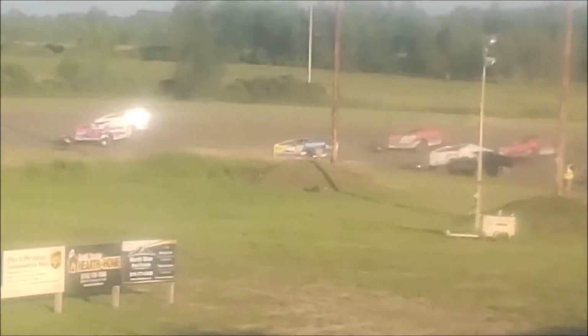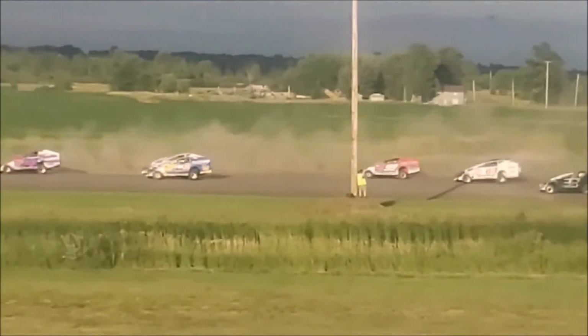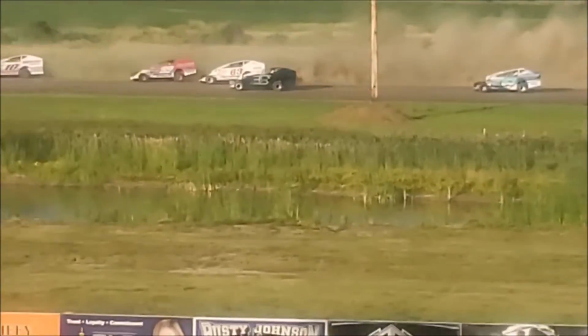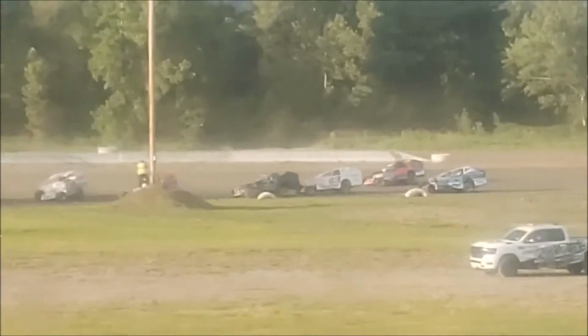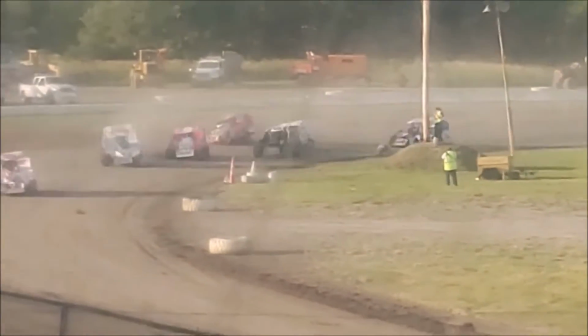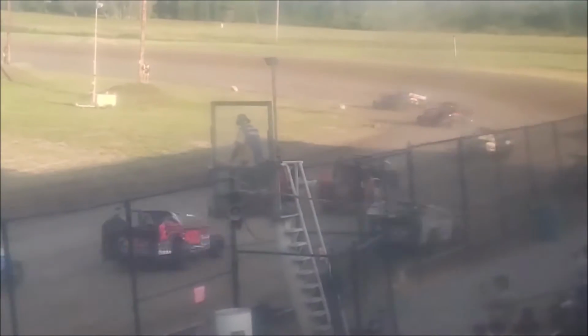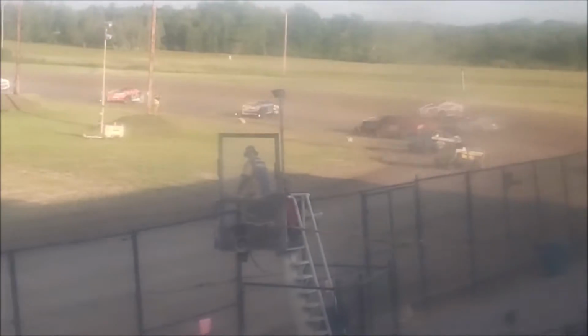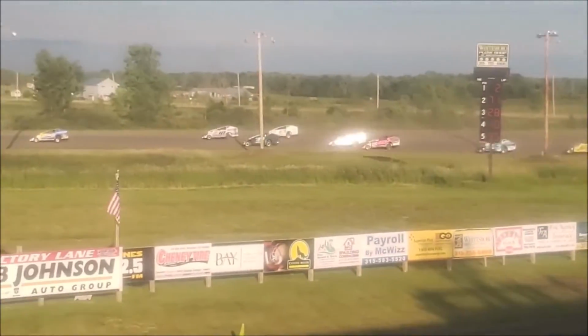Quickly through 1 and 2, Tiger Chapman, a great restart, jumps into the lead as they work the back straightaway. Oh, Tiger Chapman dusts up the back straightaway. Here comes Ryan Shanahan trying to get up there and challenge for the lead. We had a few drivers taking off the back straightaway, but they've straightened it all back out. In the meantime, it's Ryan Shanahan to the lead down the front straightaway as we work in lap number 1. The 271 of Chapman back to second, Stevenson third, then everybody after William Racine and Austin Germinio for the 4th